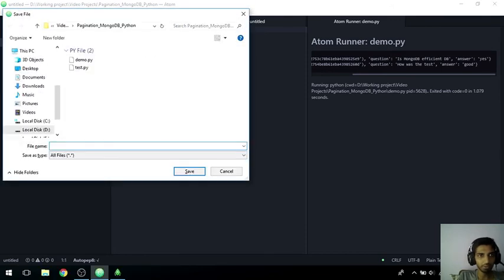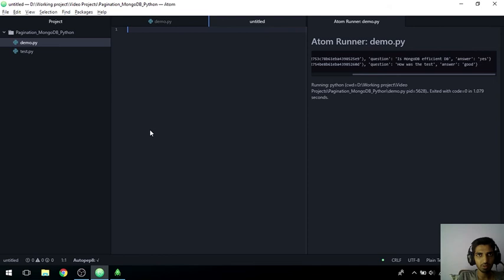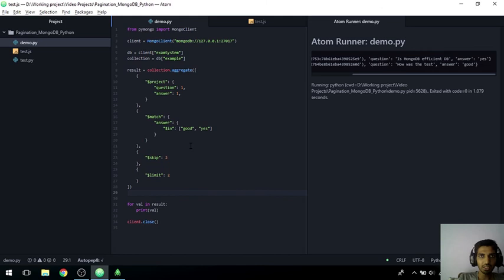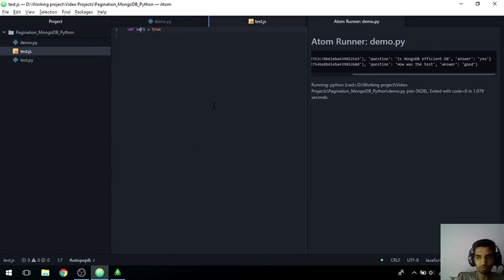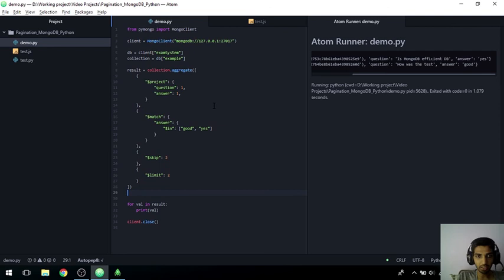Suppose this test.js file is on the client side, and the client takes a variable equal to true, which is a boolean. Now if you send this variable to the server side, that is to this file, then instead of becoming a Python true variable, the true will get converted to a string.